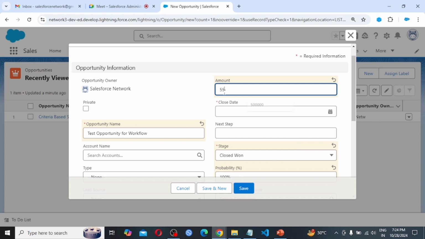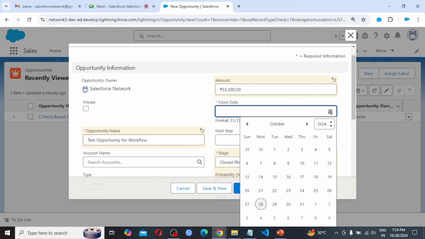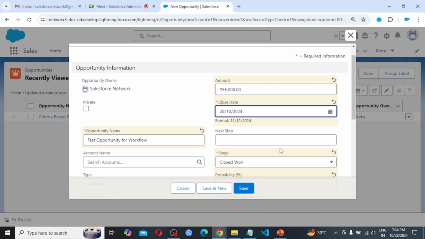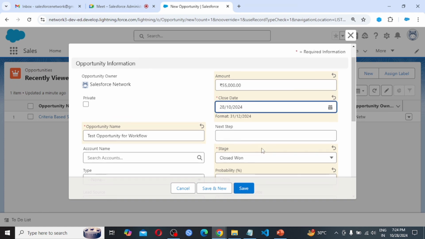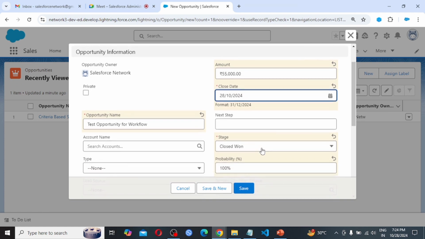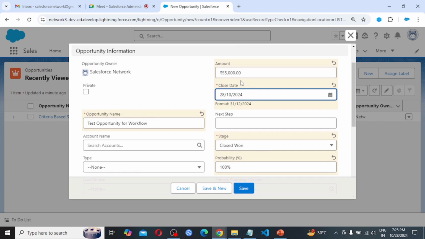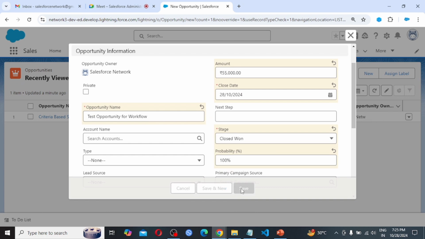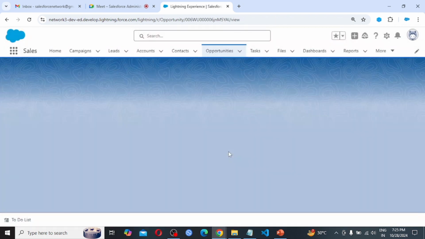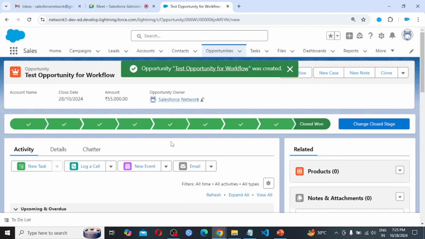So here I am going with $55,000 and close date I am making it today. So all the criteria are met by this opportunity record. So if I click on the save button, this opportunity is created.